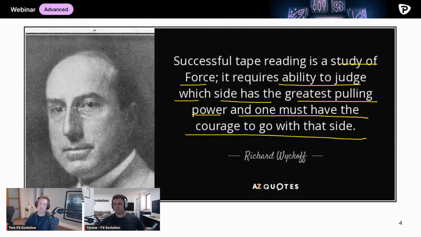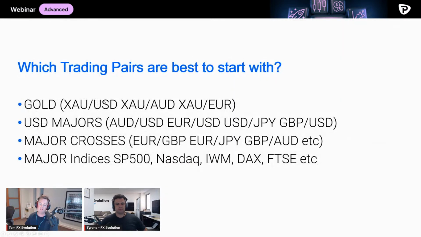And it brings us to our first concept, because when we're discussing this, we need to think, okay, well, firstly, what kind of pairs should we be trading? If we need to be studying the idea of force, then we probably also need to be studying highly liquid trading pairs. If we're trading something like the Turkish lira, sorry for anyone out there that might be loving the Turkish lira, it's going to be a little bit harder to trade it with a scalping day trading mindset. Why? Because it's going to be more fundamentally driven. If we're trading something like gold or a major currency cross or any of the things we've got here on the screen, it's more likely there are algorithms present in that and also an abundance of retail traders.